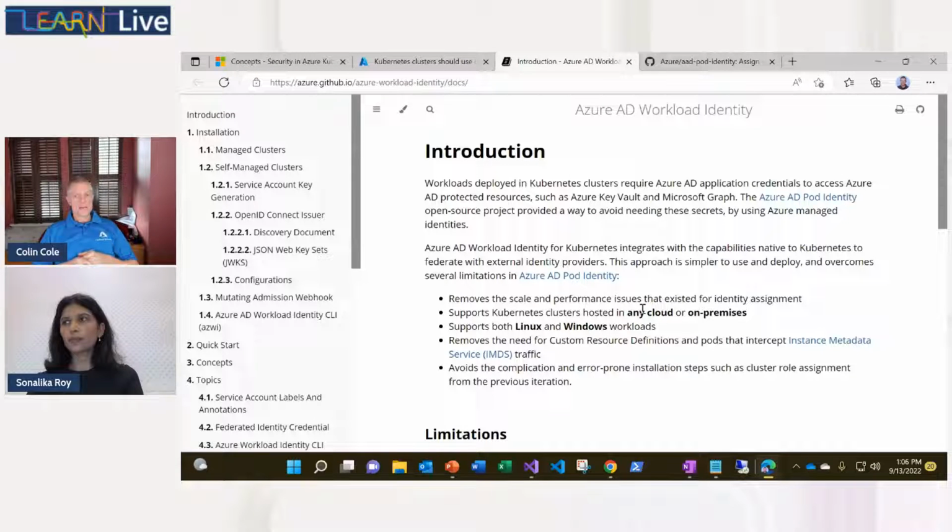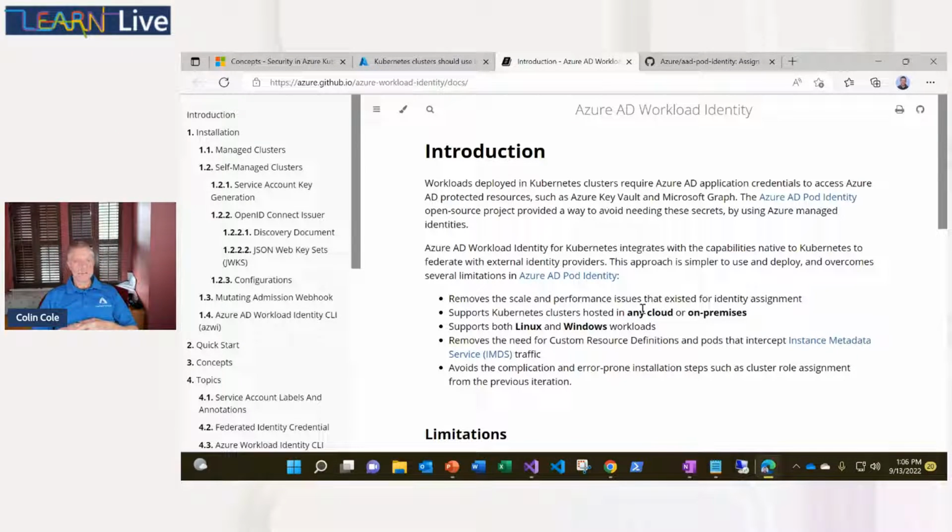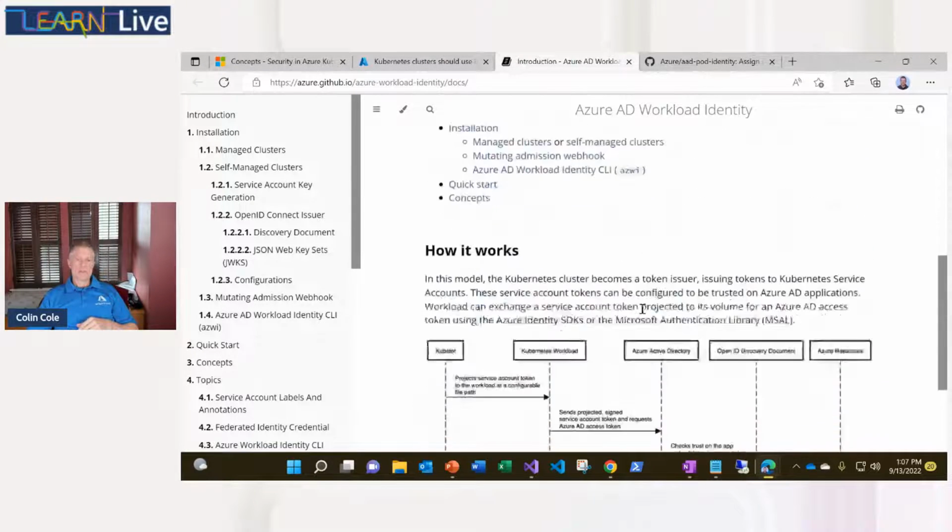That is coming, and will be, we think, public preview probably this month-ish, and we're hoping for general availability at the end of the year, perhaps going into the next calendar year a little bit. But what you'll then be able to do is map your Kubernetes service accounts to managed identities for each individual pod. Each pod will take on an identity and can connect to other Azure resources, essentially without having to